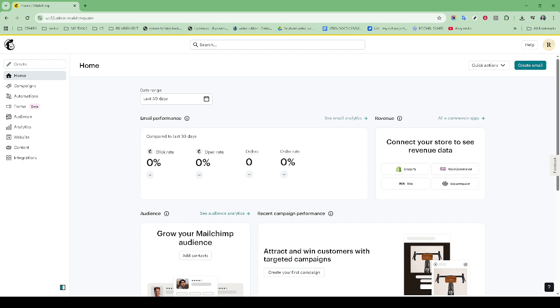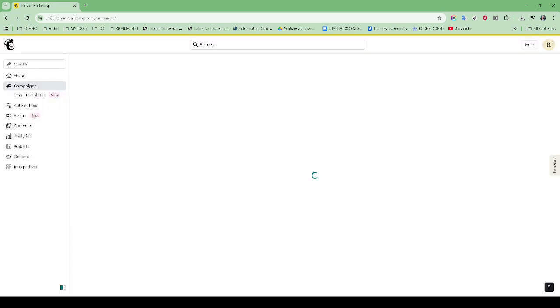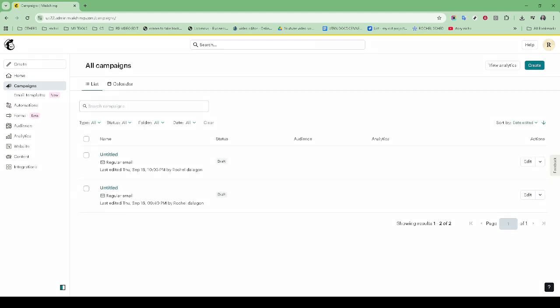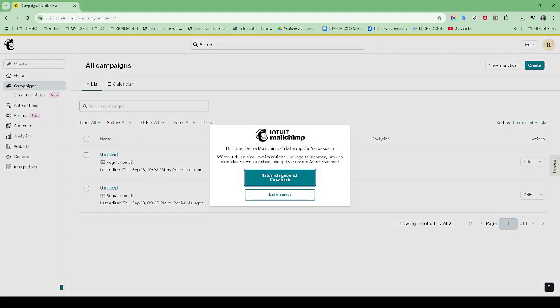First, you'll need to log into your Mailchimp account. Once you're in, navigate to your specific email campaign that you'd like to personalize. If you haven't created one yet, you can start building a new campaign by following the Mailchimp prompts to design your email. After opening your campaign, you'll want to decide precisely where in your email you'd like the personalization to